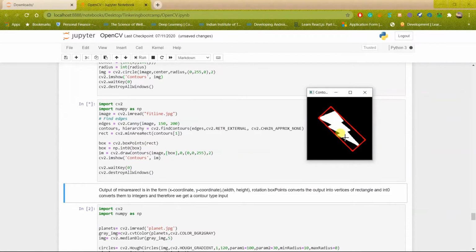So as you can see here, this gives us the minimum area rectangle. So if you use the bounding rectangle, then it will always give you a perfectly horizontal rectangle only. So in this case, as you have seen, the rectangle is automatically rotated in order to give us the minimum area rectangle. So this is only achievable by using the minimum area rectangle function.